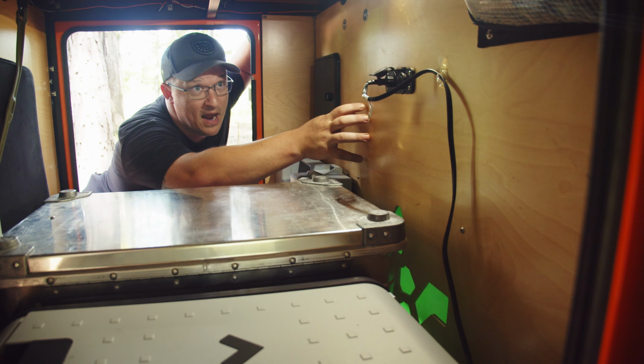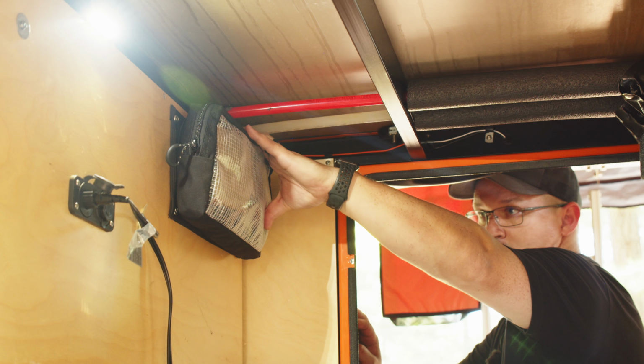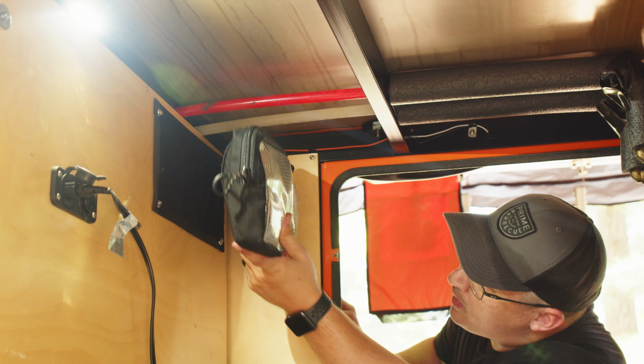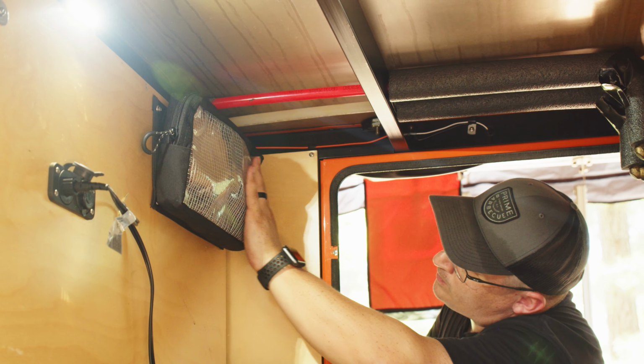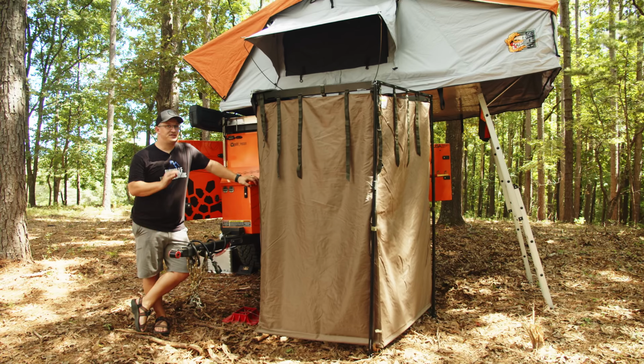Further on this back wall we mounted a Velcro panel and a 12-inch Velcro bag that we keep all of our koozies in. That way it's handy for the fridge. So our second big